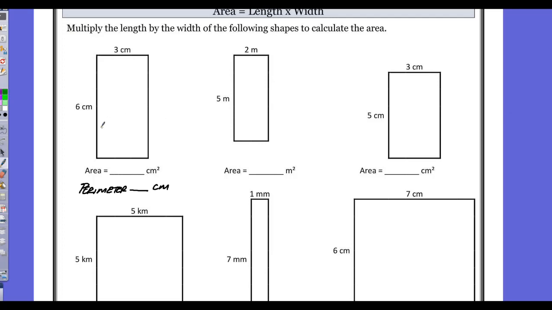Let's take a look at this one. So for the area, the distance inside, that's what area is. All of this space inside here is the area. It would be 6 times 3 for a total of 18, and we would put that in square centimeters. So 18 square centimeters. For the perimeter of this one,